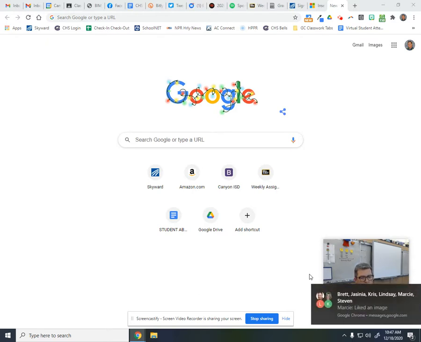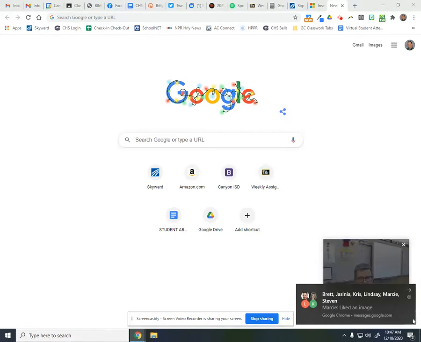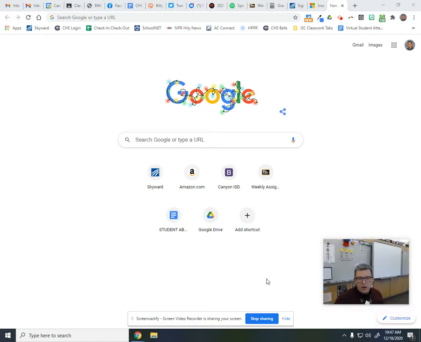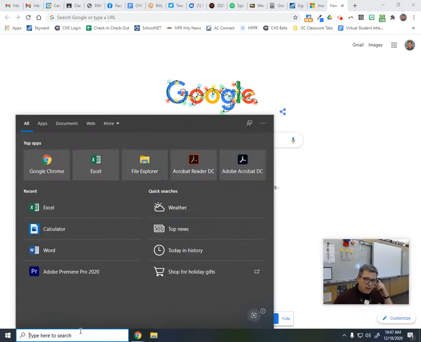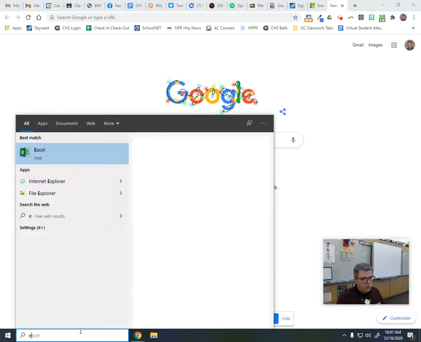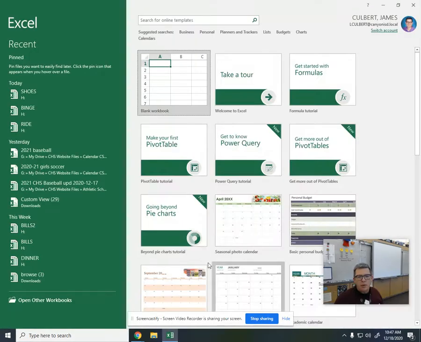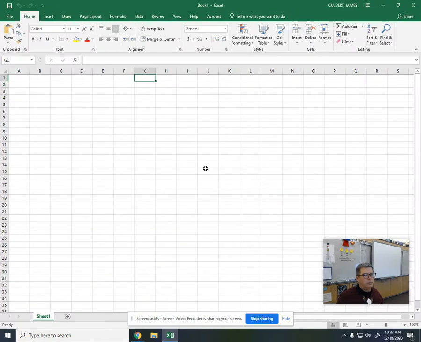My favorite way to open Excel is to simply click on the search button, type in Excel, and open it up like so. So we're going to double click on blank workbook like here, and we are going to